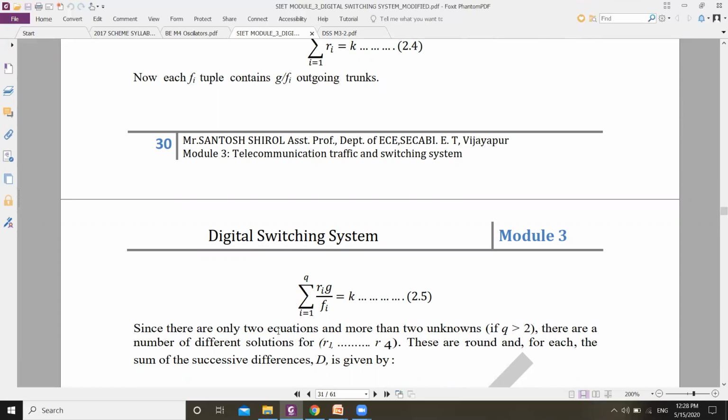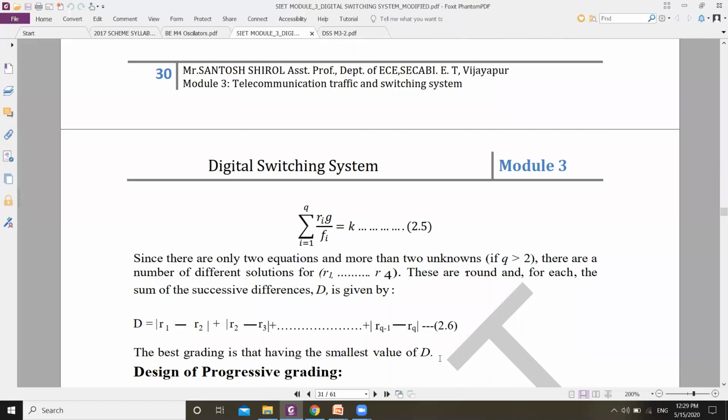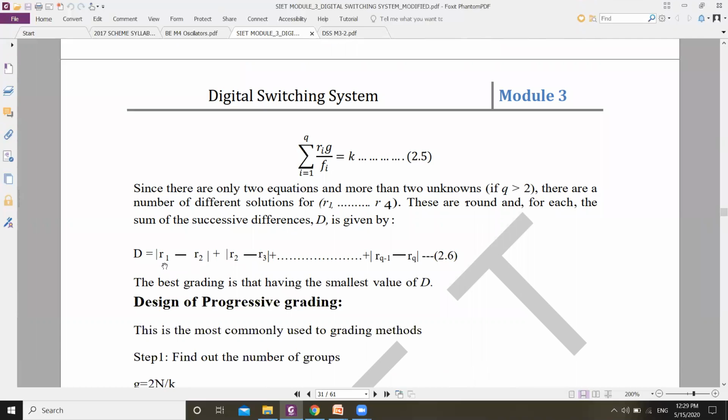Since there are only two equations and more than two unknowns, if Q is greater than 2, there are a number of different solutions available for us ranging from R1, R2, and so on up to R4, and these are rounded. For each, the sum of successive differences D is given by